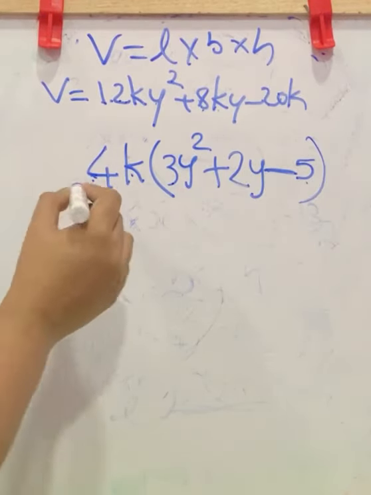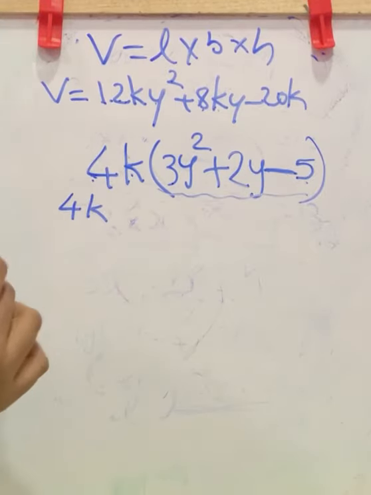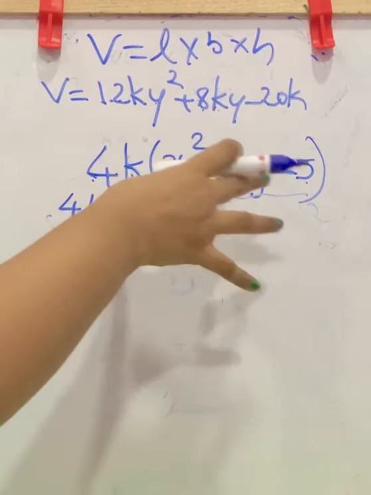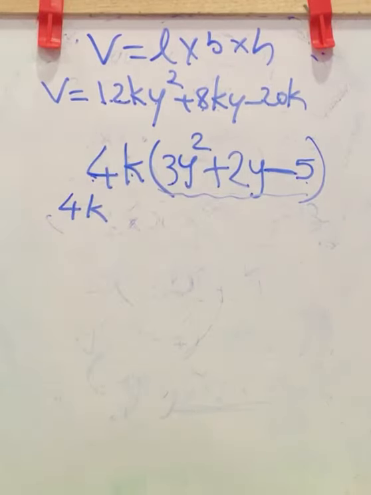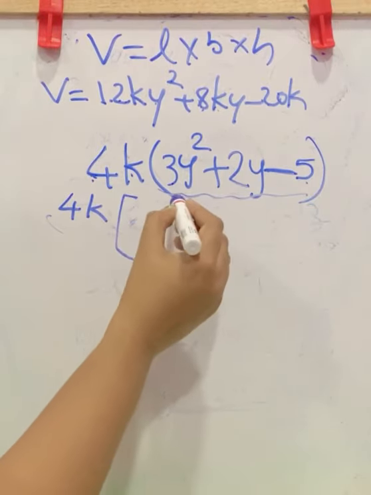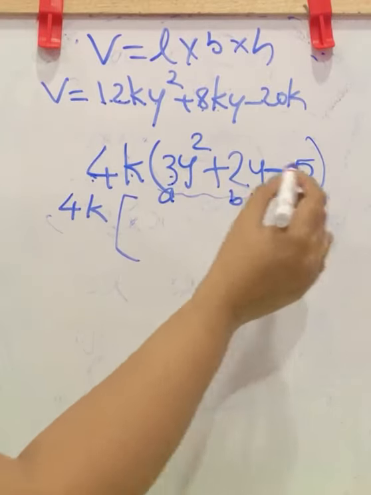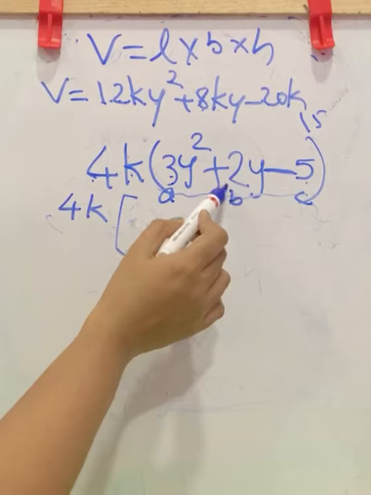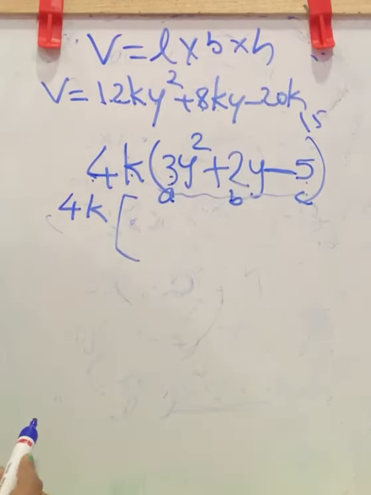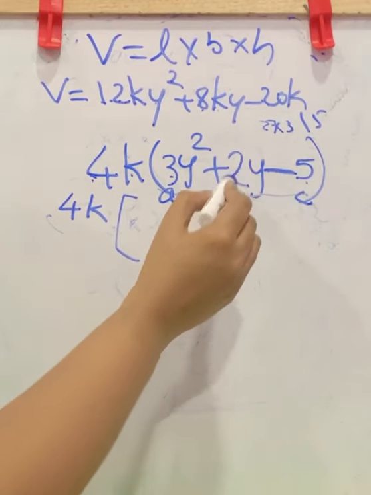Now you can see 4k is outside. Now in this is a constant, a single constant. This you can take as two factors. This is a quadratic polynomial. You want to use the middle term splitting method in this. So inside this, you can see this is A, this is B and this is C. A into C is 3 5s are 15. And you check which factor of 15 matches with B. That is 5 3s are 15 and 5 minus 3 is 2y.